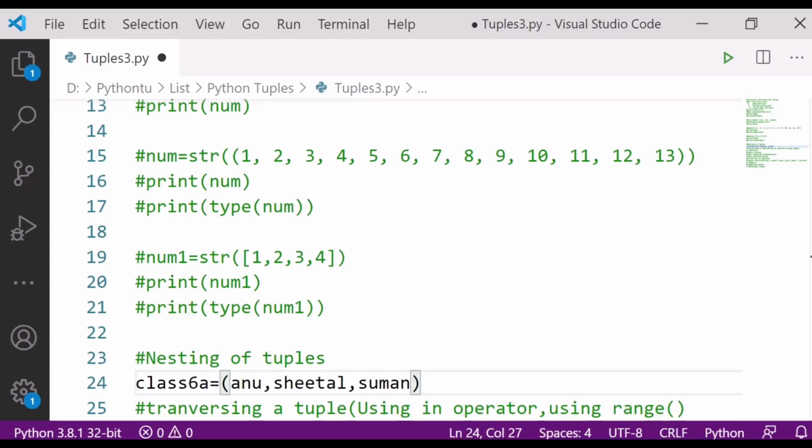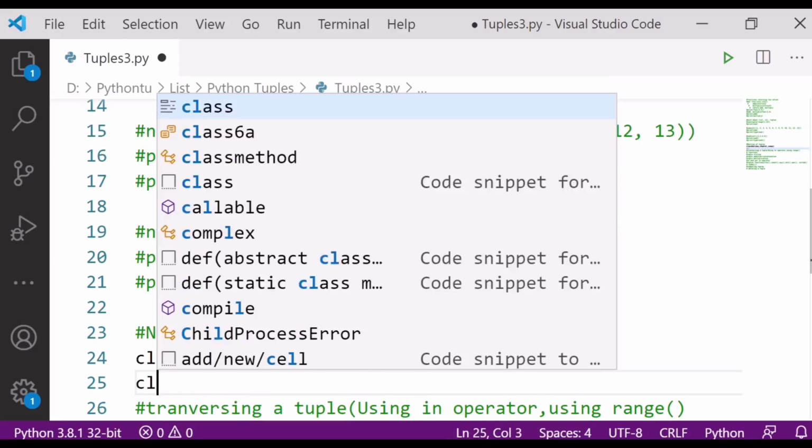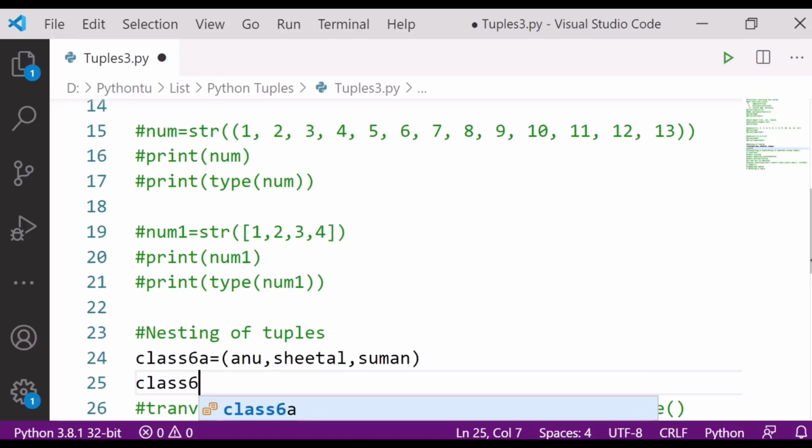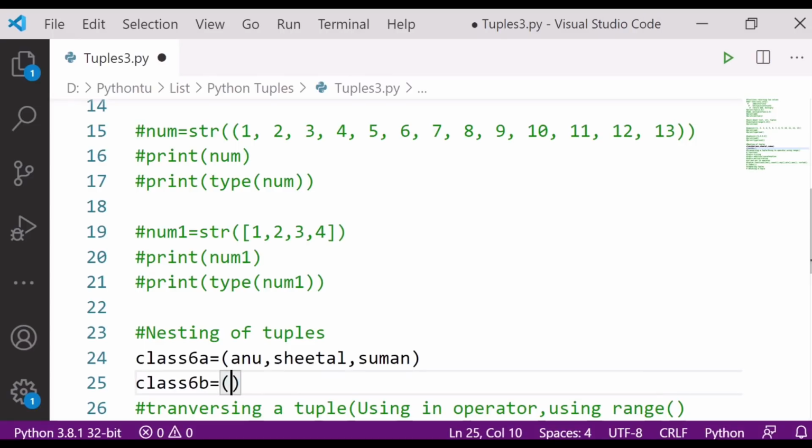I have created the first tuple here. Next I am creating the next class, 6b, is equal to 0 1 2 3.